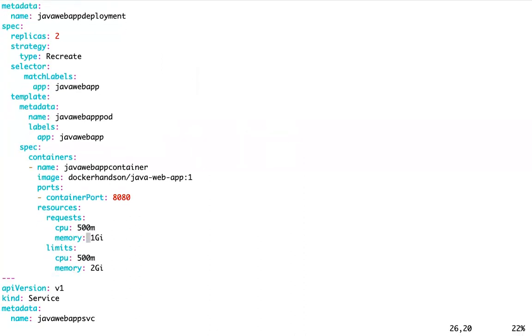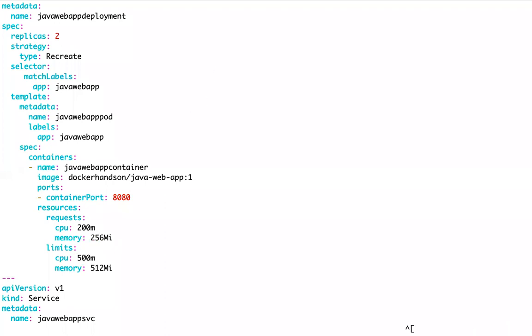With this much it is not working. Let me say minimum 256 millicore, and maximum it can use 512, sorry, this is megabytes. Something like this.